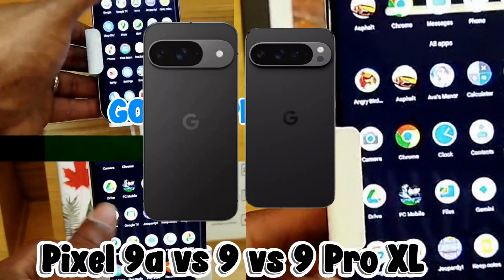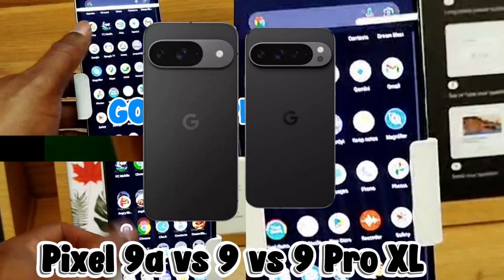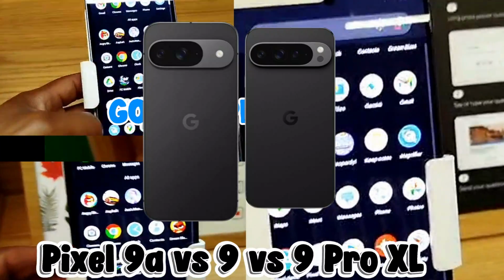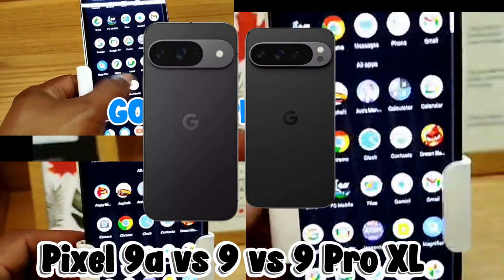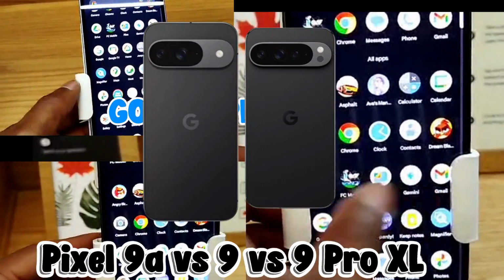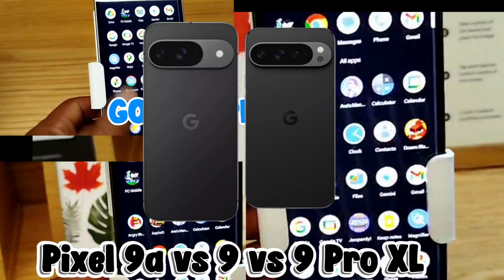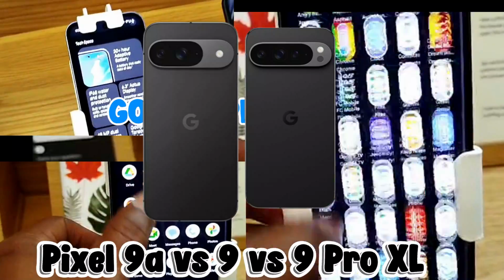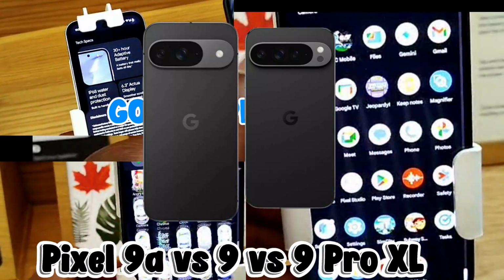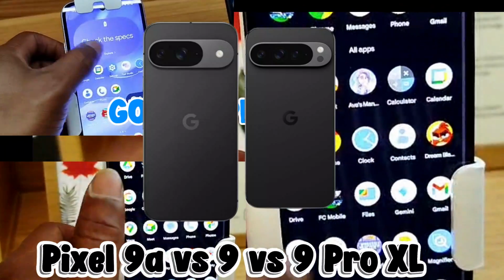of mind. Color options for Pixel 9 include obsidian, porcelain, and a soft mint finish, each giving the device a different personality depending on your taste. Now let's talk about the powerhouse, the Pixel 9 Pro XL. This is the one for users who want it all. The biggest screen, the most camera features, and the best built and most immersive experience Google offers in a smartphone with